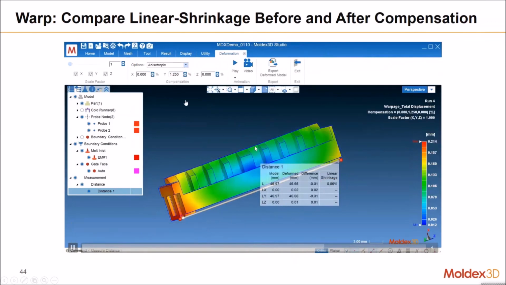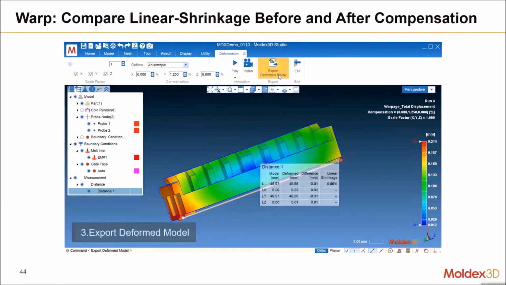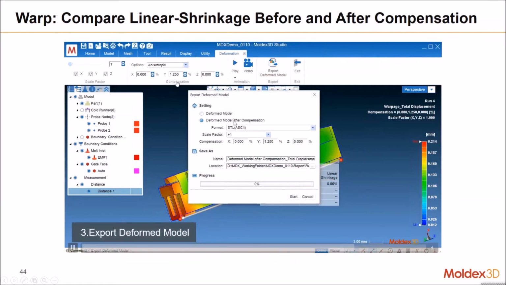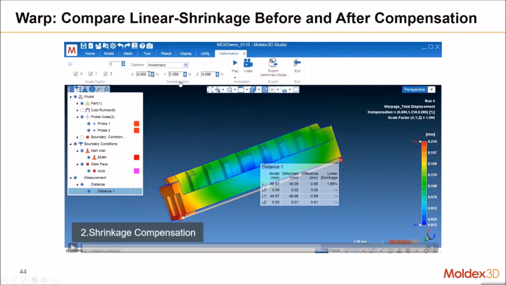Enter the value for the y direction, 1.25. After you enter 1.25, you can see the value change from 1.9% to 0.66%. It's a kind of compensation.